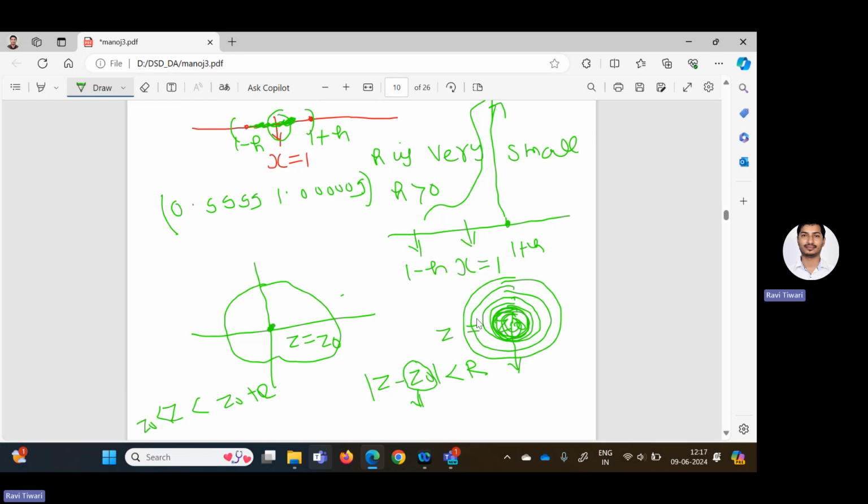Now in the next lecture I will explain how to check an analytic function and how to check the neighborhood of a point in a function, and what the connection is between analytic functions, differentiability, and the CR equation. This connection is very important. How can we connect whether a differentiable function is analytic or non-analytic? If a function satisfies the CR equation, what can we say? If the CR equation is not satisfied, what can we say about differentiability and analyticity? These concepts I am going to discuss in